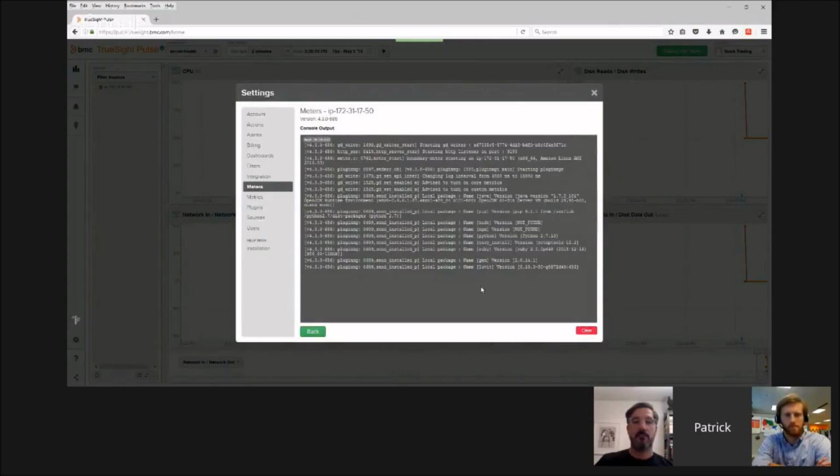And now this plugin will go out and find the response times for those critical endpoints of this web application, and we can integrate with TrueSight Pulse with any of your DevOps sharing tools to get notified if any one of these is slow. So it looks like we've got them started,